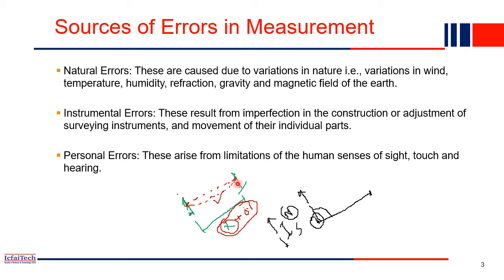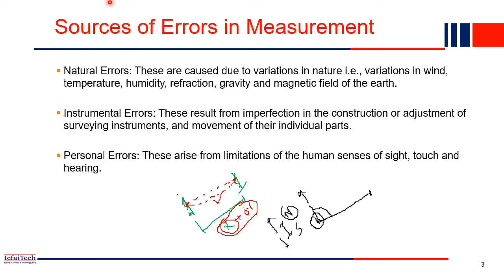So in that case, sometimes one person will be standing here and another person will be 1 kilometer or maybe 800 meters far, standing there, and maybe he will shout, okay, now take measurement. He will make some noise or some sound, and the other will hear that and take the measurement. So in this hearing also, there may be some small microsecond delay. That also may introduce additional errors into our measurement. This type of error we call personal error.